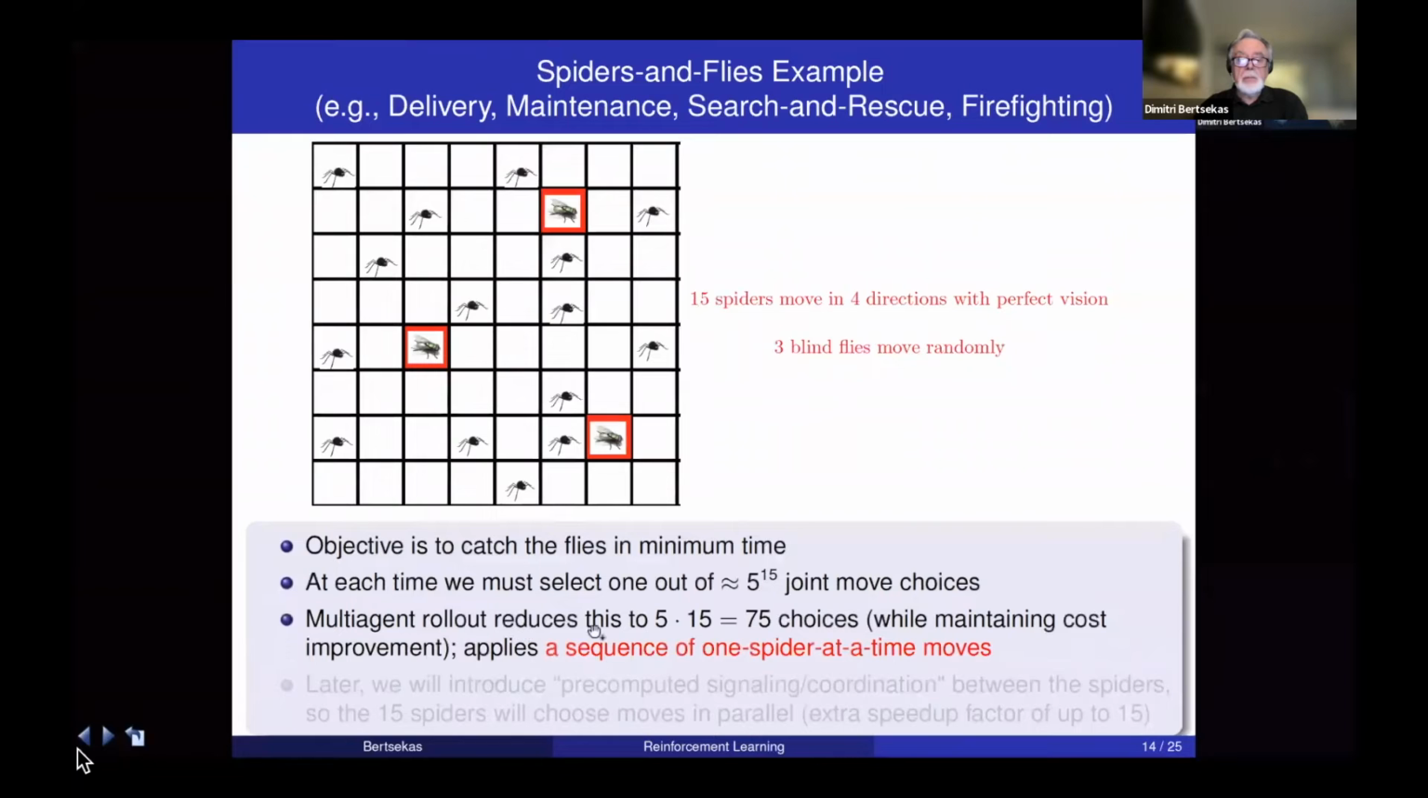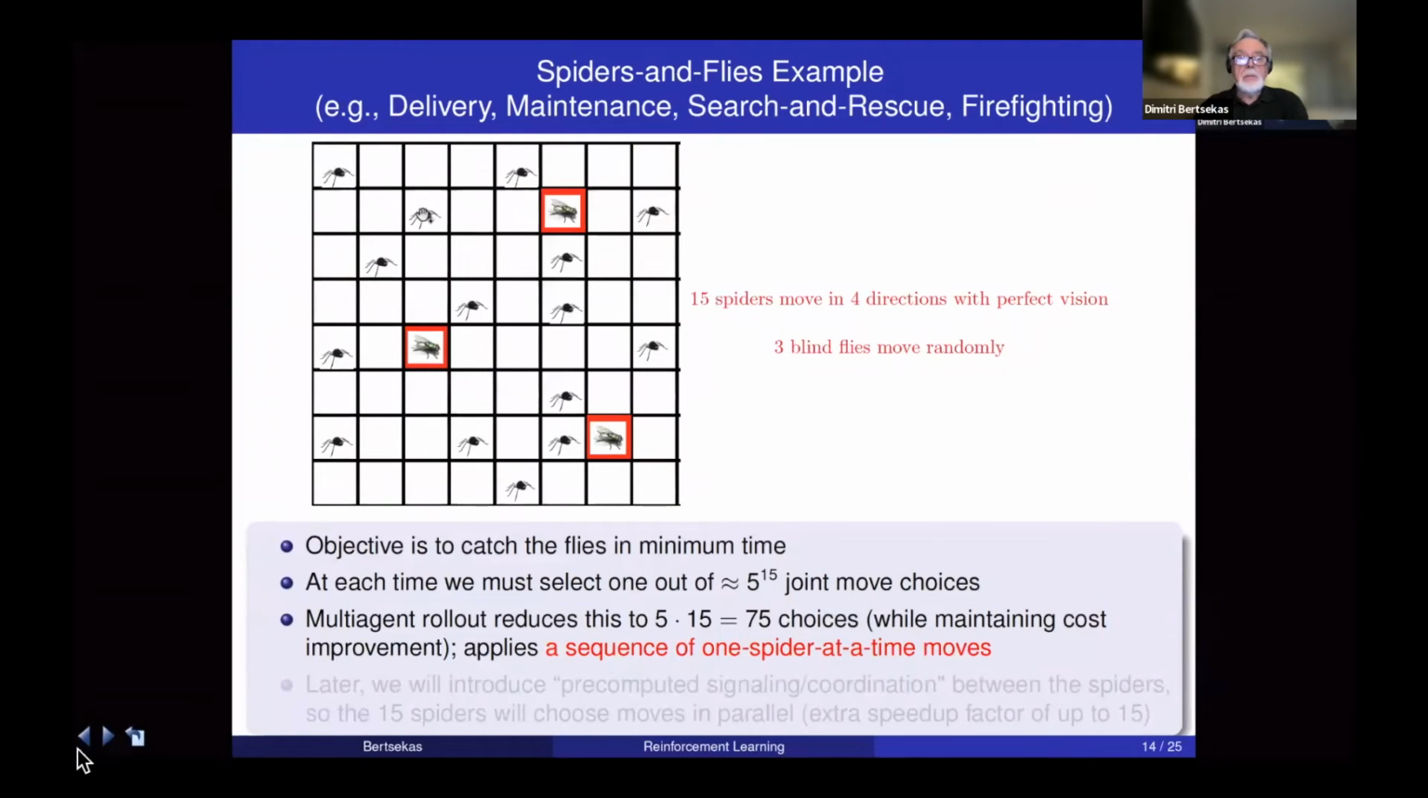Now, multi-agent rollout will reduce this to 5 times 15, which is just 75 Q factors, as opposed to that many Q factors, while maintaining cost improvement. And it works by applying a sequence of one spider at a time moves. So the way it works, we have an order 1 to 15 on these 15 spiders. And the first spider